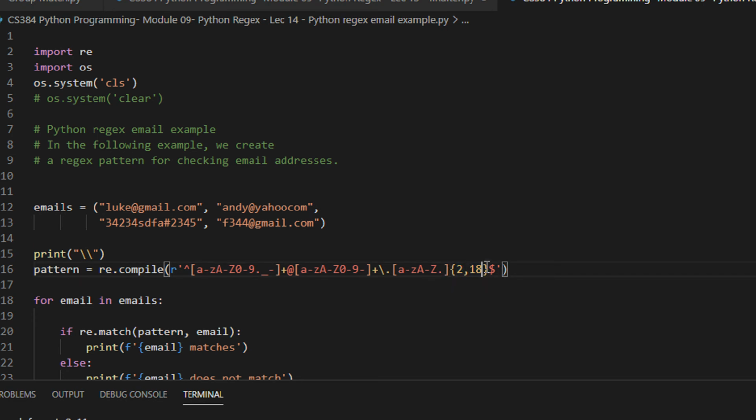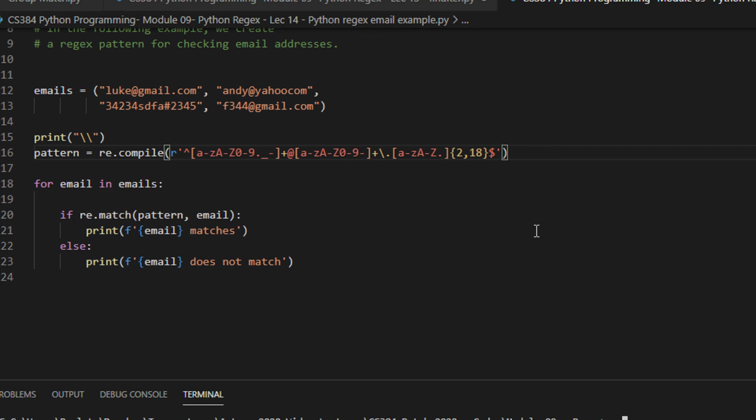See, this we haven't seen till now. When you say something in braces, that means at least 2 and at max 18, right? So this may be, for example, @iitp.ac.in. So it should be at least 2 characters and maximum 18 characters, and you can work around with this. So this means at least 2 characters. So this means exactly 2 characters. This means at least 2 characters up to infinity. So this means 0 to maximum 2 characters. This means infinity. There is no limit here. So let us keep this example as 2, 18 only.